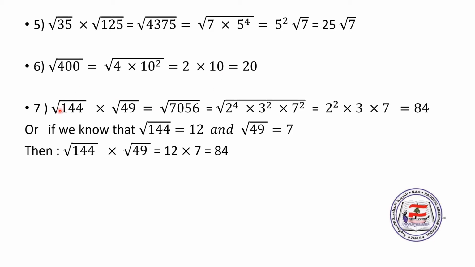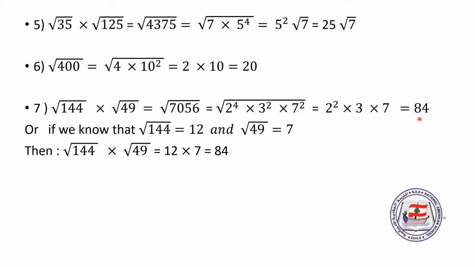In number 7, if we work like in the previous steps, we need to multiply 144 times 49, and we will get 7,056. After writing the prime factorization of this number, we'll get square root of 2 to the power 4 times 3 square times 7 square. Reducing this writing, since all the bases are with even powers, we can write 2 to the power of 2, 3 to the power of 1, 7 to the power of 1,